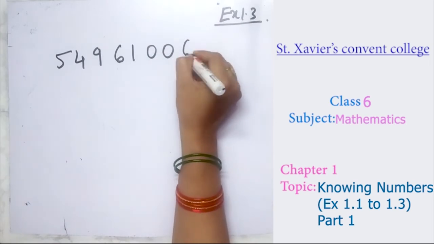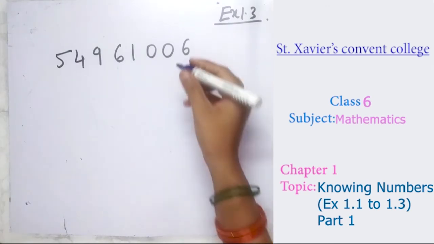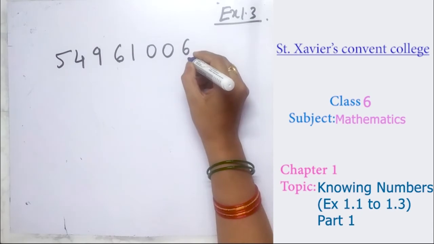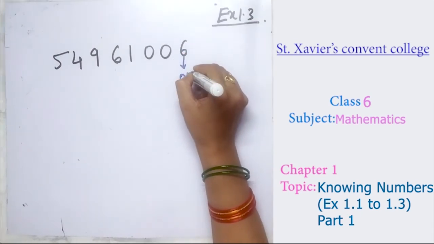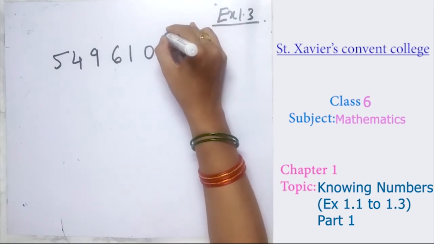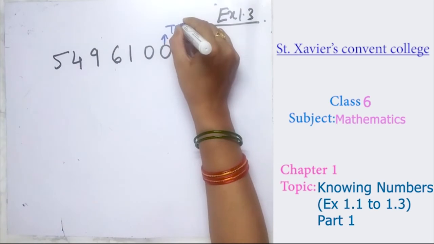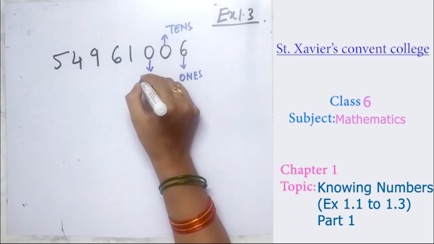Here you can see the number is much greater, and you have to know which place value and face value it lies in. So first we talk about the place value because the face value is given. Place value, as we have known before: this is ones, this is tens, this is hundreds,